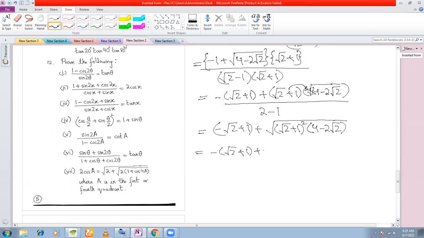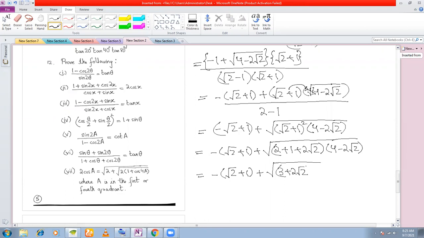plus root over of, I expand this, root 2 plus 1 whole square, you get 2 plus 1 plus 2 root 2. And this 4 minus 2 root 2 remains the same. So now you have minus root 2 plus 1 plus root over 3 plus 2 root 2 into 4 minus 2 root 2. Okay, so you get here minus root 2 plus 1